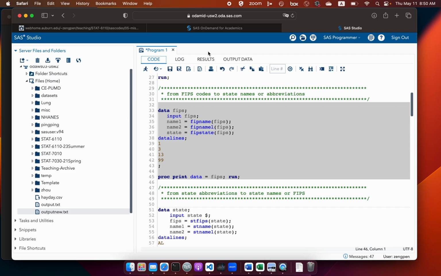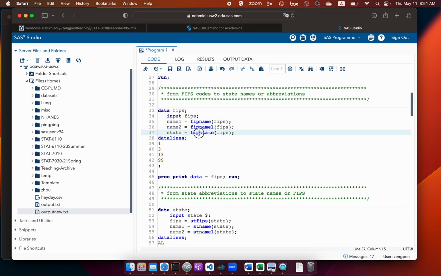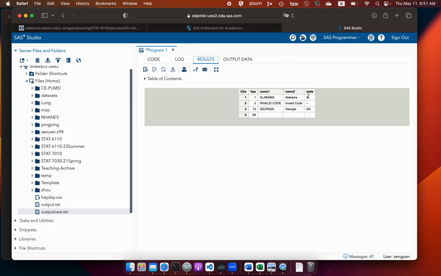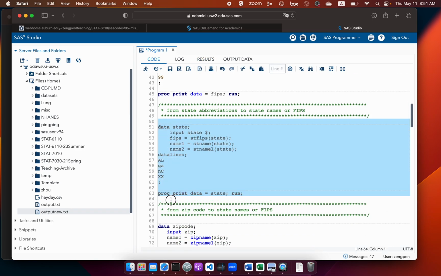And for NAMEL, that means proper case, right? So the first letter is capitalized and the remaining letters are in lowercase. This just uses the function STATE. So STATE just corresponds to the state abbreviations. Yeah, we have AL and GA. So for this one, the input will be the